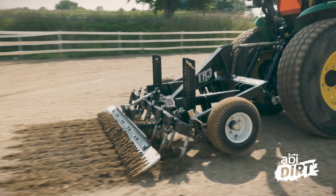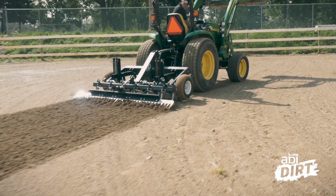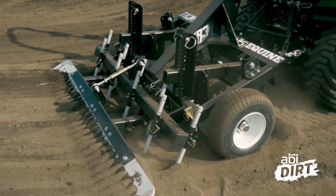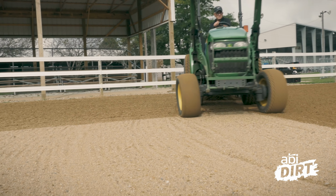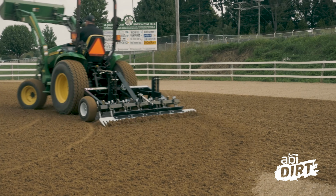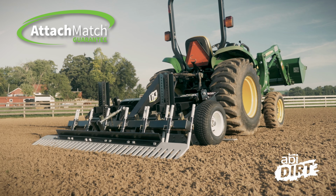Second of all, many of our Category 1 3-point implements are compatible with a quick hitch system. That's a great way that you can double check to make sure that our attachments will match up, your new attachment will match up with your tractor. But number 3 on the list, and probably the most vital outside of just having a conversation with your product specialist and asking all the questions and you answering all the questions, here at ABI Attachments, we offer something called